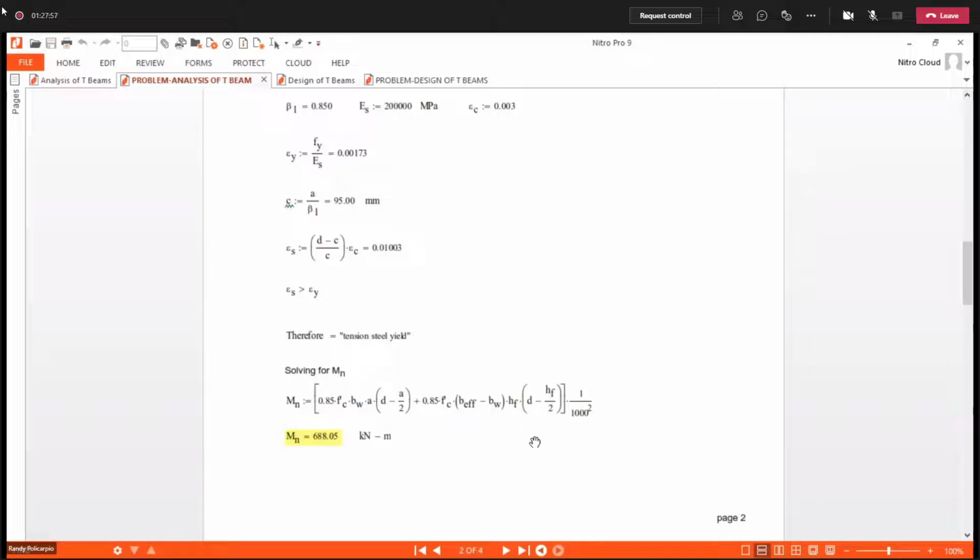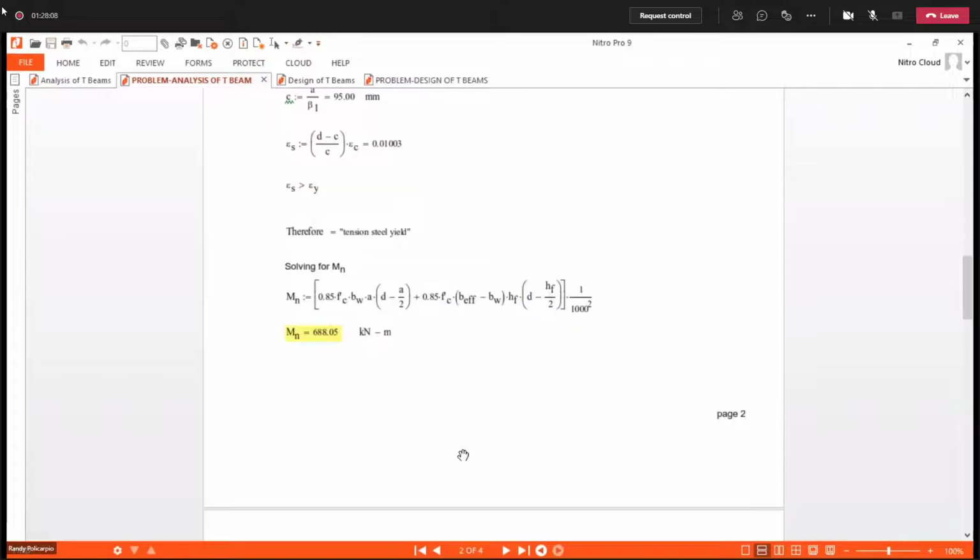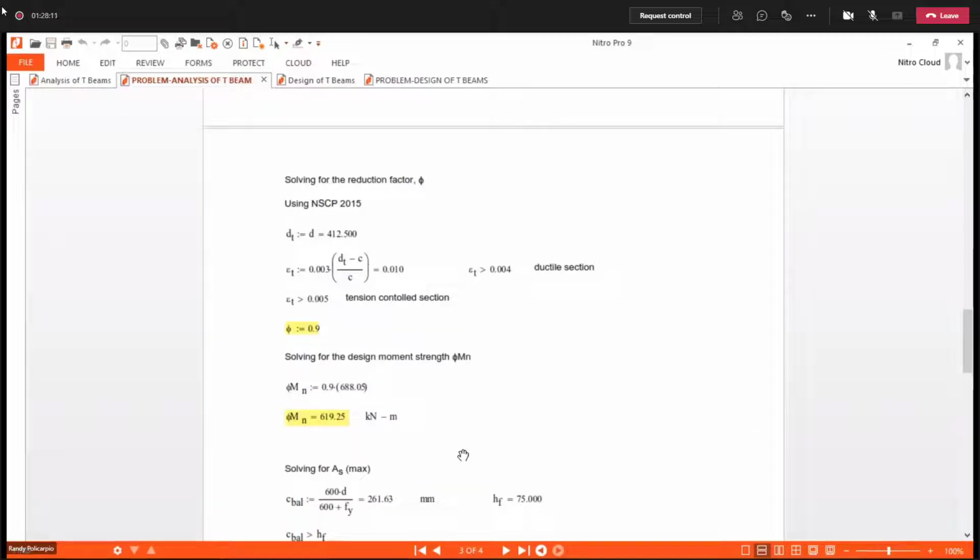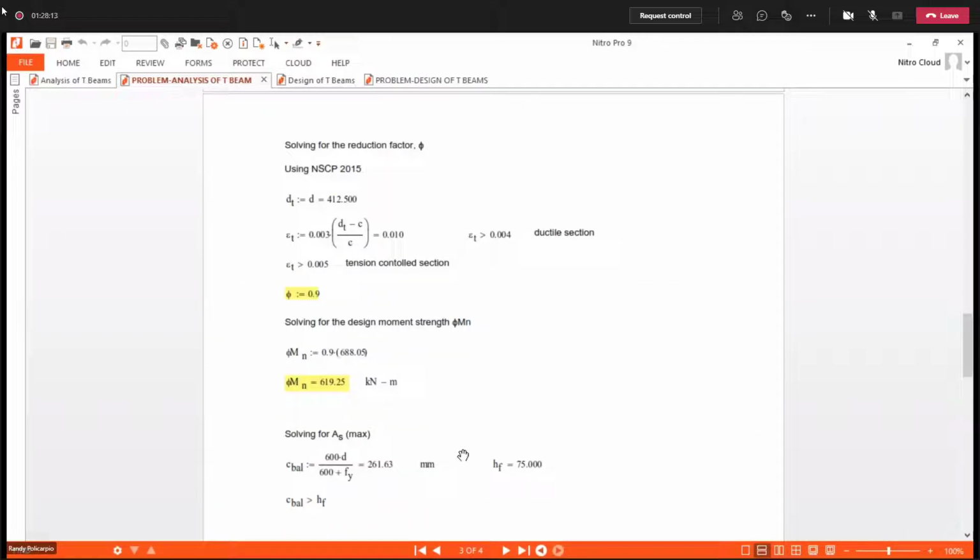So substitute the known values. Your MN is 688.05 kilonewton meter, no? So ito ngayon yung nominal strength ng ating beam, no? And then for the design strength, no? If we will make use of the NSCP 2015, okay, our net tensile strain, epsilon T,